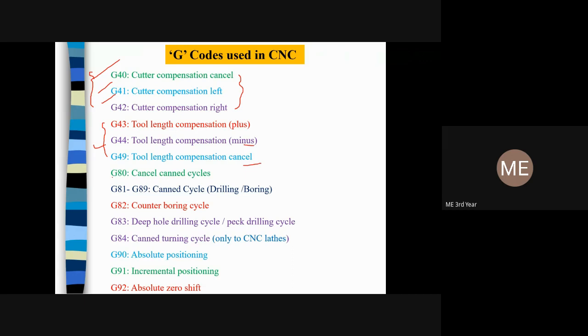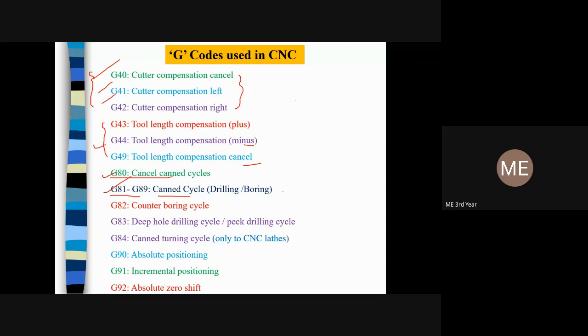Then there is the canned cycle G80. This is the canned cycle, and G81 to G89 are for different applications. What is a canned cycle? A canned cycle is nothing but when we have the same types of steps to give in the programming, then instead of writing the steps every time, we use the cycle. We will give some examples also on the canned cycle. G80 is the code for cancel, and G81 to G89 differ for milling,